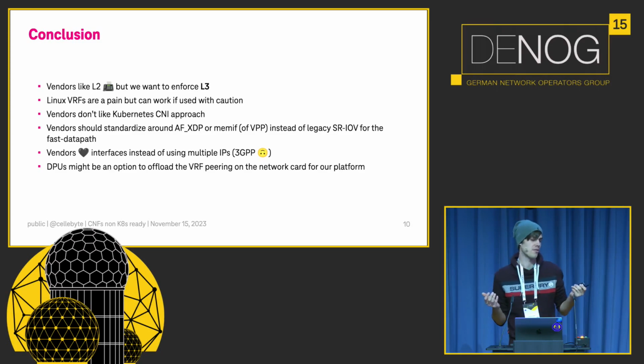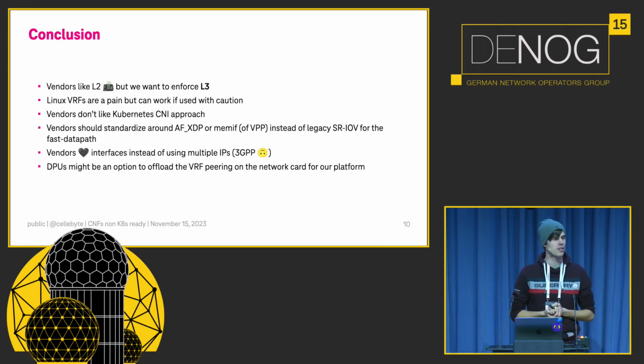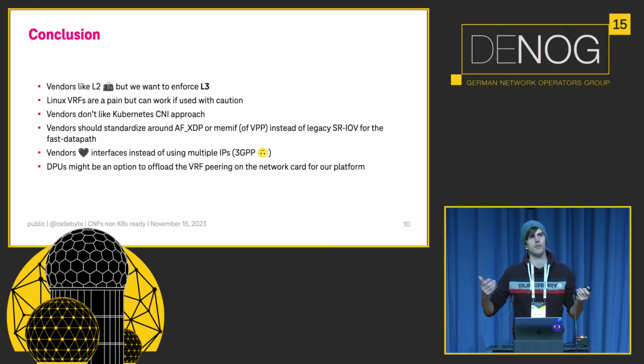The only safe haven we could have could be DPUs, but they are still in an early phase and you can't buy them in bulk. So normally you get 2 to 3 cards, and when you say I want 5,000, that's not possible. Yeah, that's my talk.